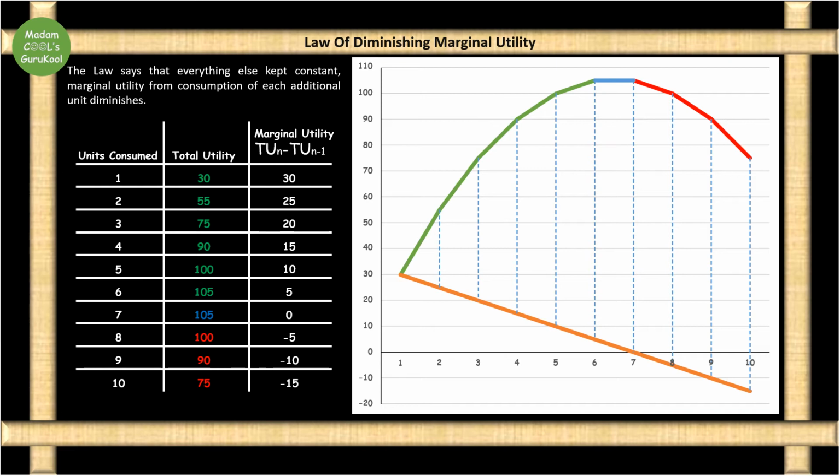And then after that, it's declining. Further consumption will give you negative marginal utility. So as it's declining, your marginal utility goes negative. So now let's understand this better with